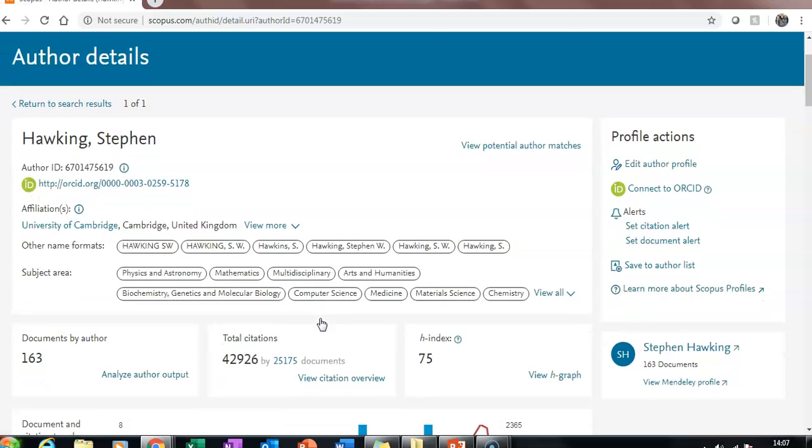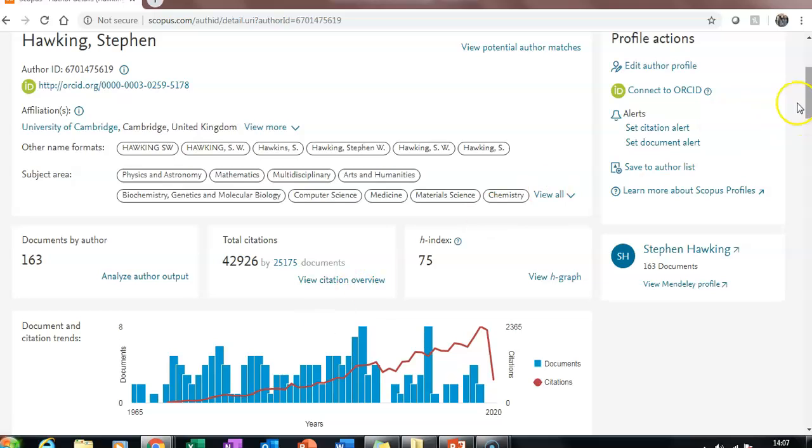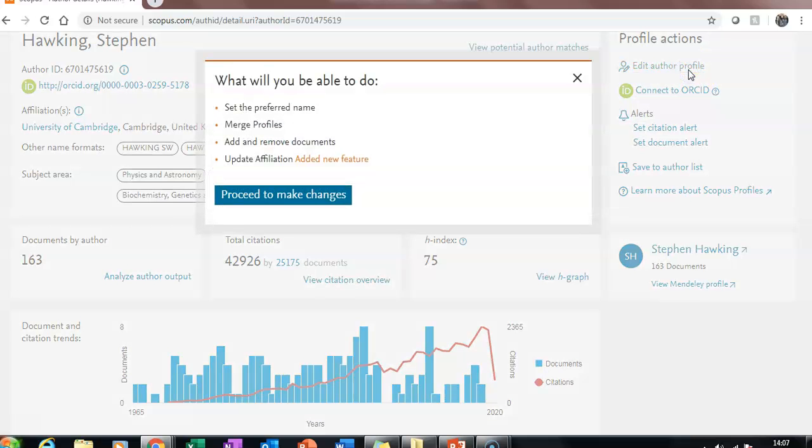You can see all of his metrics here. And you can also see, most importantly, the option to connect to an ORCID account if you've set one up, and also the option to edit the author profile. Now, of course, I won't be going ahead and doing this, but had you found yourself and you had amendments to make, additional papers to add, papers to remove, or details to change, such as your affiliated institution, or any other such details, this is where you would go ahead and do it.